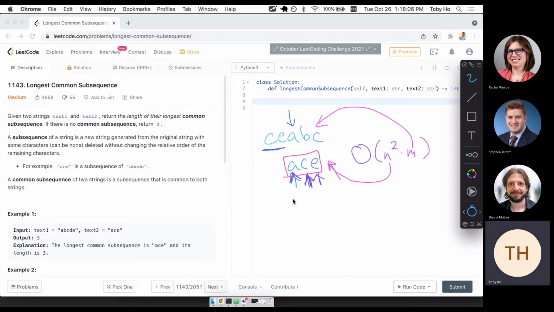It's a triangle kind of thing. So that's a good intuition. But the way we can do better than that